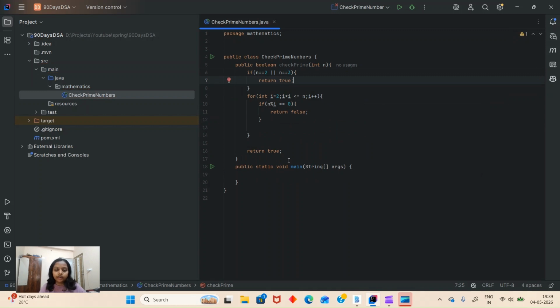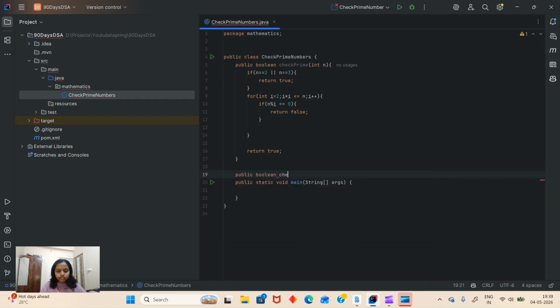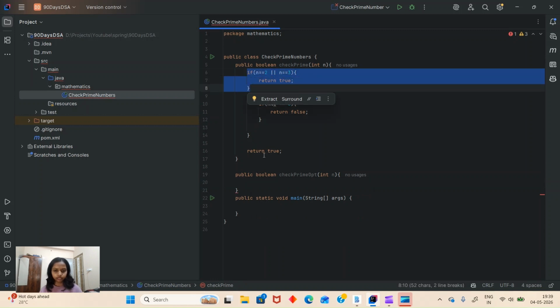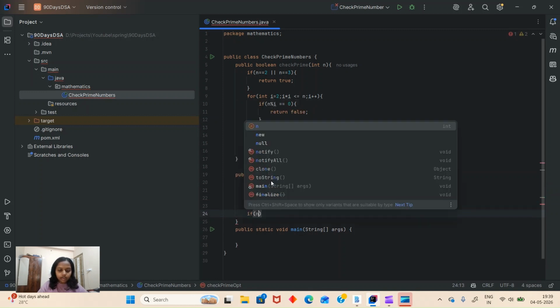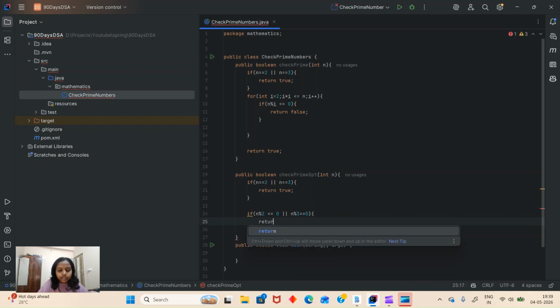Now we'll write one more method, public boolean checkPrimeOptimized, int n. This is already optimized, but this is the first level. Here, if n percent 2 is equal to 0 or n percent 3 is equal to 0, that means we already excluded half of the things, so we'll return false.